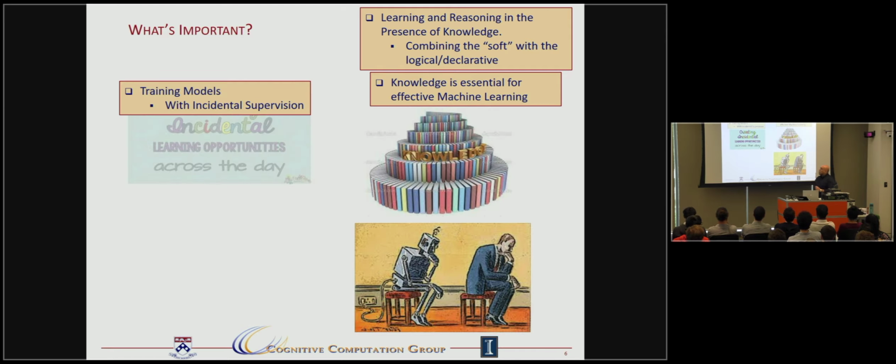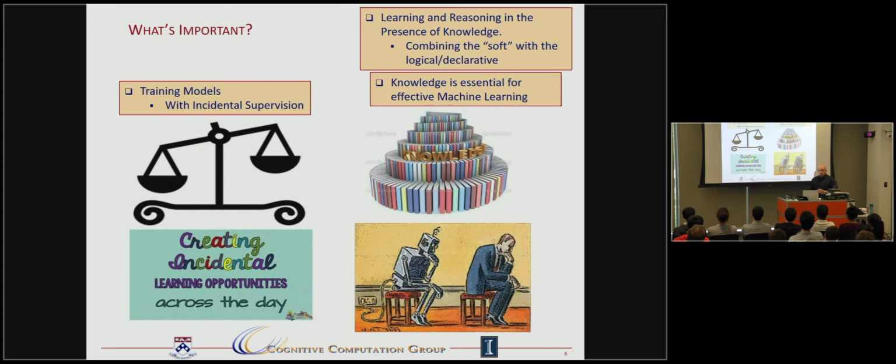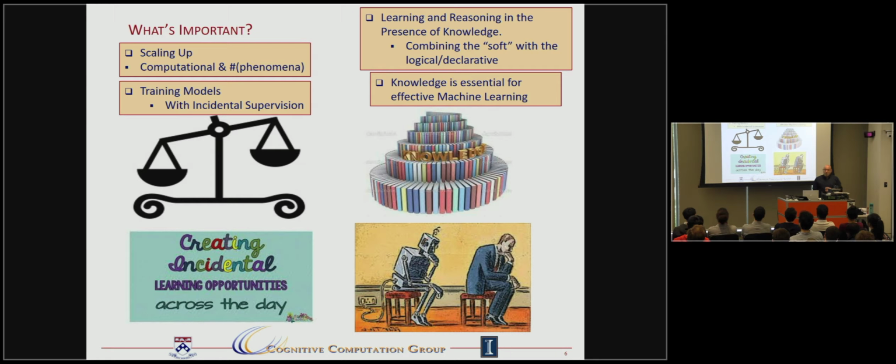The second component is we have to learn, we have to train models. And I think that an important aspect of thinking about training models is that of incidental supervision. I found this nice logo of creating incidental learning opportunities, which is actually a good description of how I think we need to supervise models. And there's a third component of scaling up, in terms of computational scaling up and in terms of dealing with many, many phenomena that natural language understanding consists of. So today I'm going to focus on just one of these things, training models with incidental supervision, and I'm going to try to describe what it is